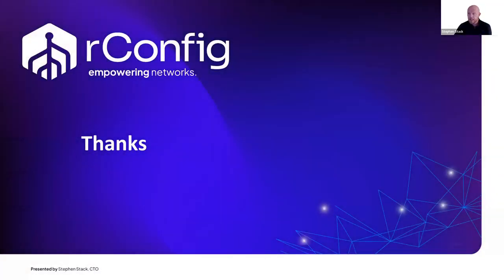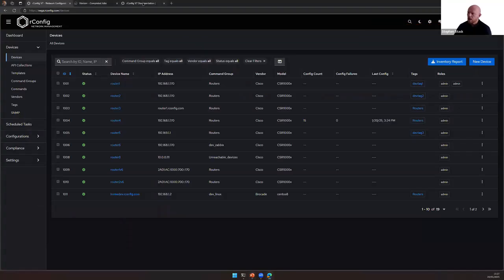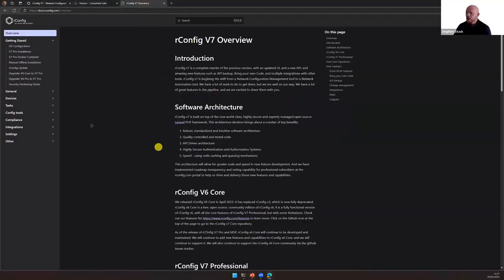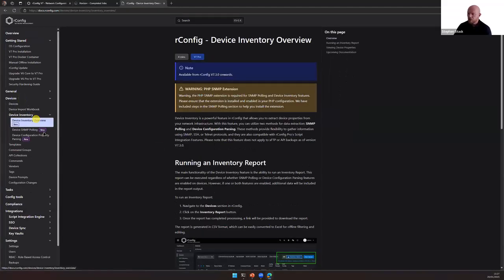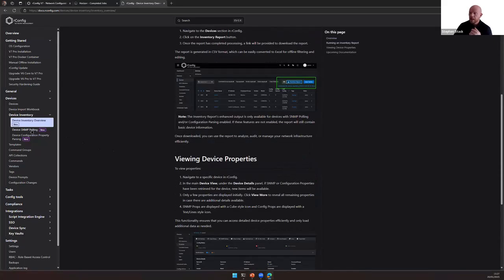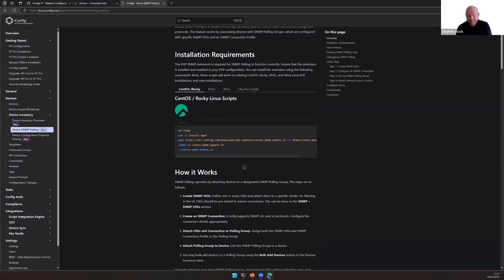There is actually, let me just share here real quickly, because I probably should have done this at the top of the call. In Docs, under devices, device inventory, there's an overview. It basically explains what I just went through. It'll tell you how to set up SNMP polling. One of the important things to note, for SNMP specifically: